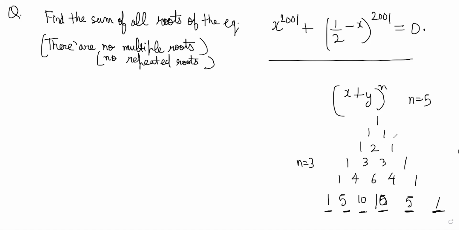Okay. So obviously you cannot keep doing this. If n is much bigger, then you cannot do Pascal's triangle. But that is one way to get the coefficients for small values of n.